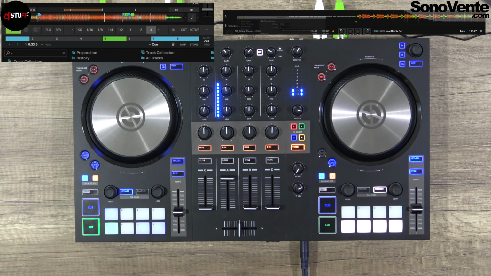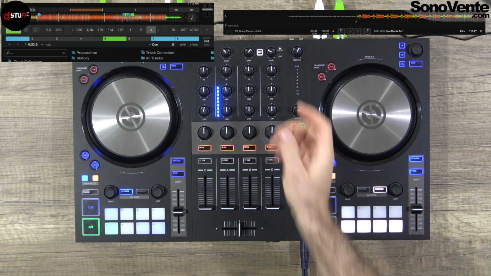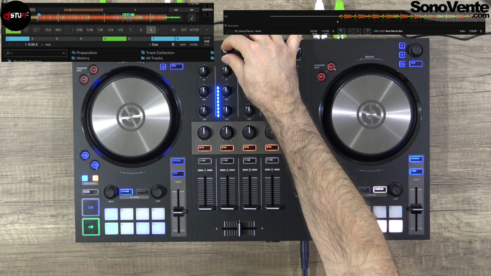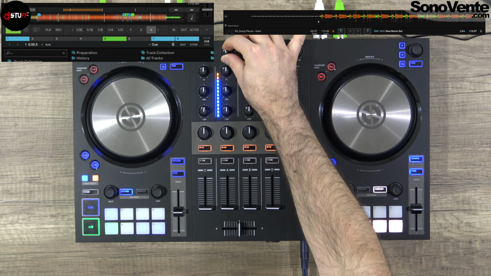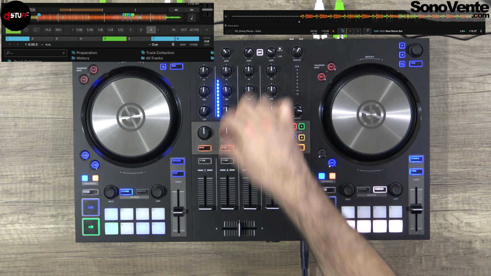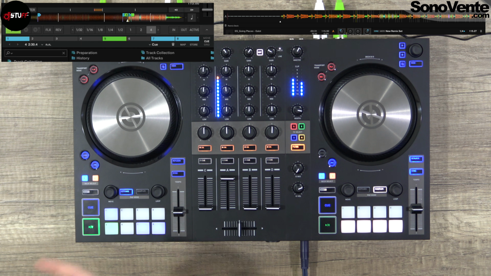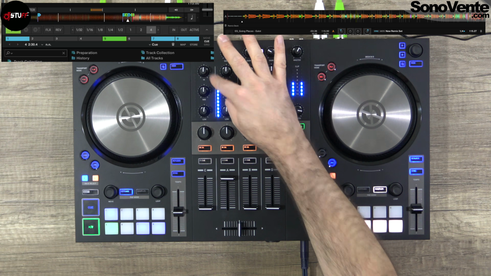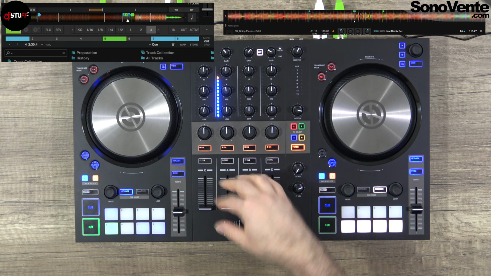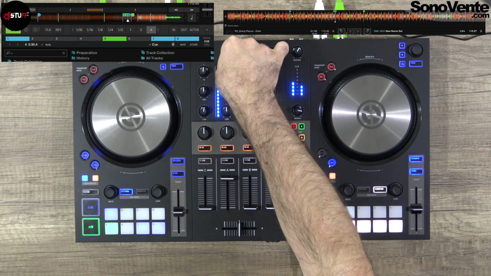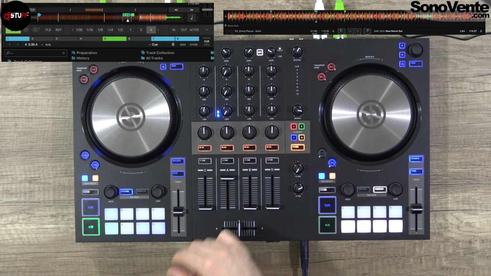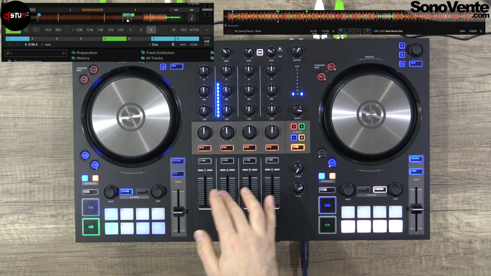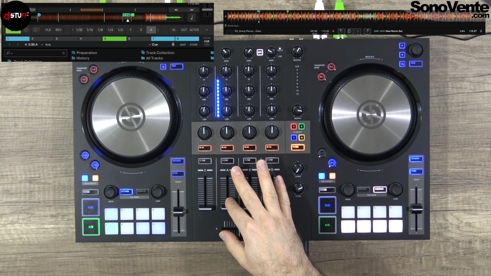So first, your gain control. I will cut the music to show all the level meters. You have blue, orange and red, and you have to set your trim control directly on the main part of your track. For example, here with the whole track, you put it at maybe the first orange, but not in the red zone, of course. After, you will have your EQ control, high, mid, low frequency. Like I said, you can choose the EQ you want directly in the preferences.